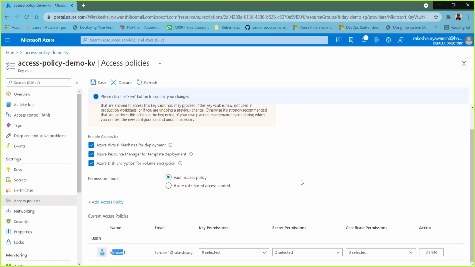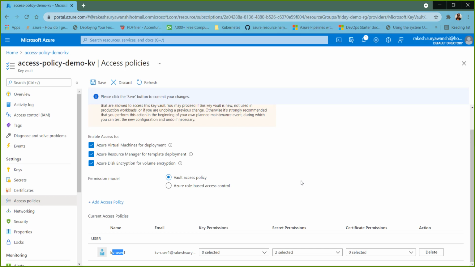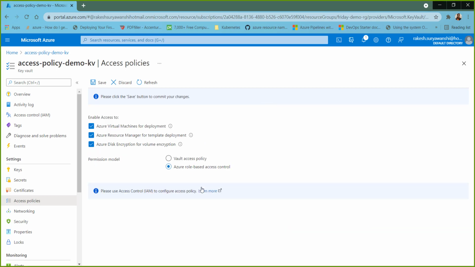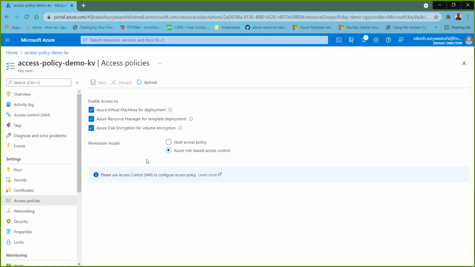That's the limitation I was talking about. Earlier there was no option. If I had such requirements, such conditions to meet, then I did not have any option. I just needed to create a different key vault, which was kind of weird. So now if I go back to the role-based access control, which is this option that we have selected,